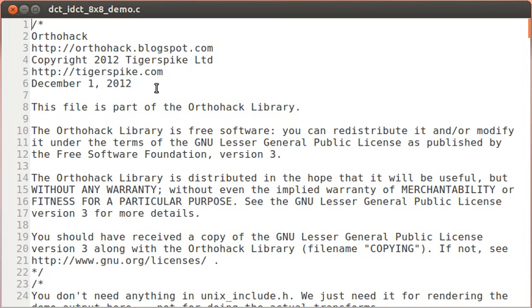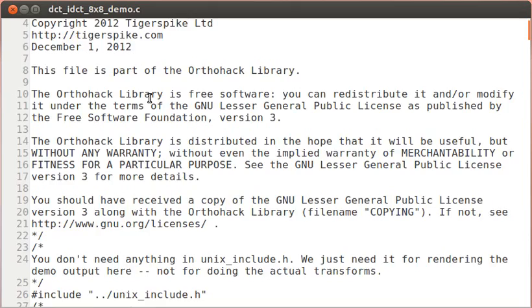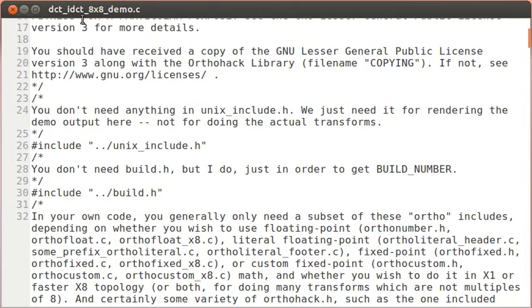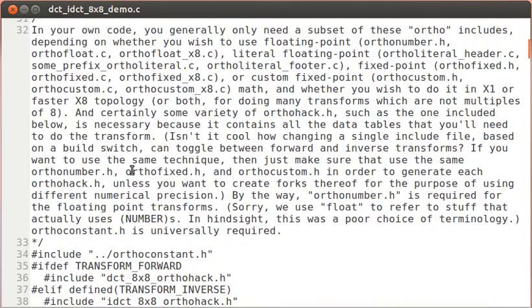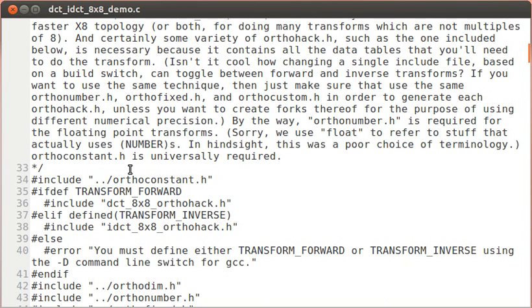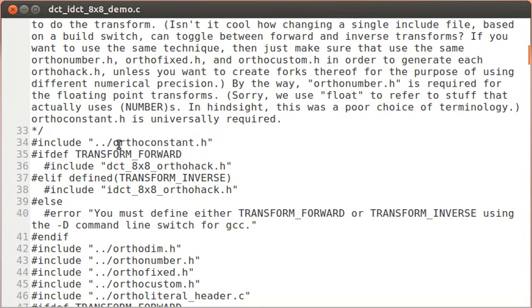Orthohack demo directory. And by the way, before we start, I mentioned in the previous video that the literalizer outputs a brute force transform. It's only brute force in the sense that it contains no loop instructions. It's not literally multiplying every sample point by every sample point of an ortho basis. So, to clarify that. But in this particular file, and by the way, I'm using the lovely LeafPad editor,